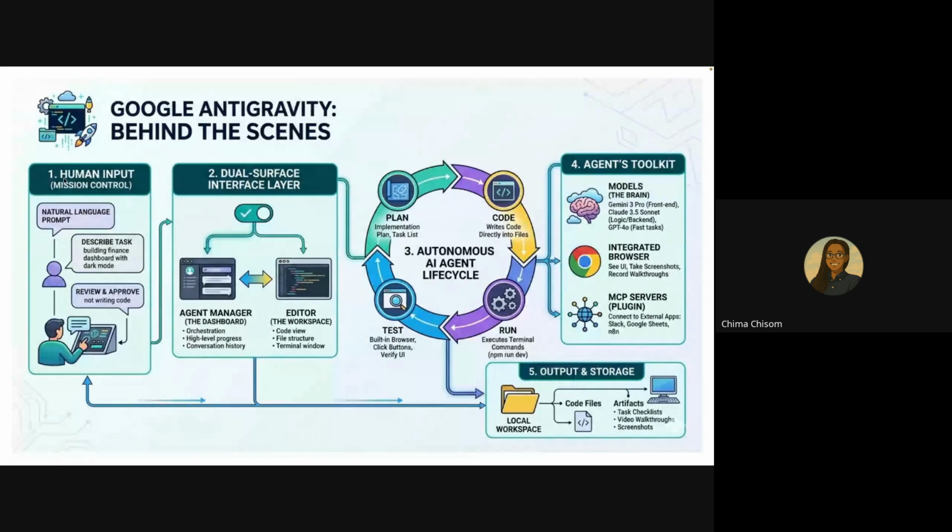So how it works is, from this first image, you can see that there's human input. So the human input is you write a natural language prompt, you can describe a task, and you can review and approve. You're not writing much code, you're just doing review and approval. You see that you are not doing so much writing, but reviewing. But then the major thing is for us to get something from the agent, we write a prompt or we describe a task. Now, when you do that,